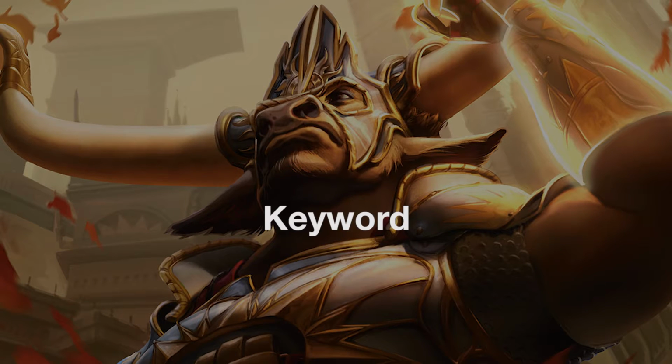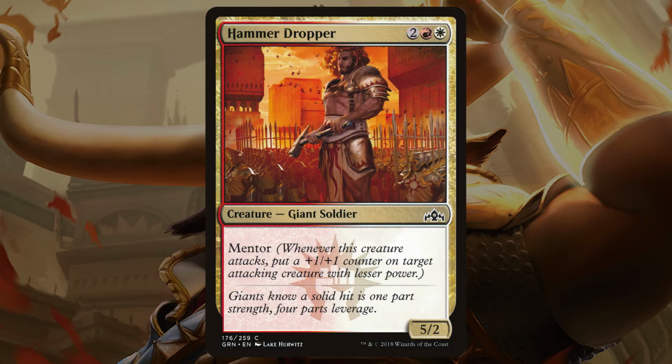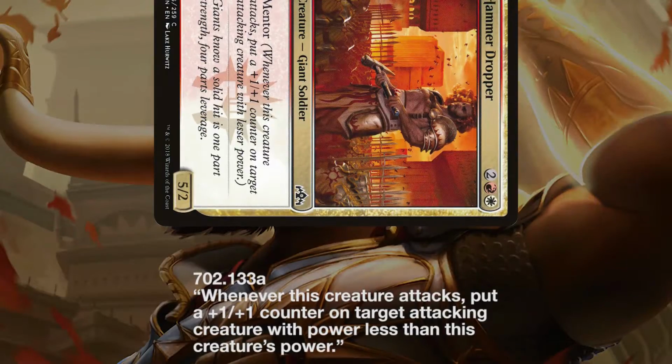Mentor is a keyword that refers to a triggered ability. Like most, but not all triggered abilities, Mentor functions on the battlefield, and is exclusively found on creatures. Mentor means, whenever this creature attacks, put a +1/+1 counter on target attacking creature with power less than this creature's